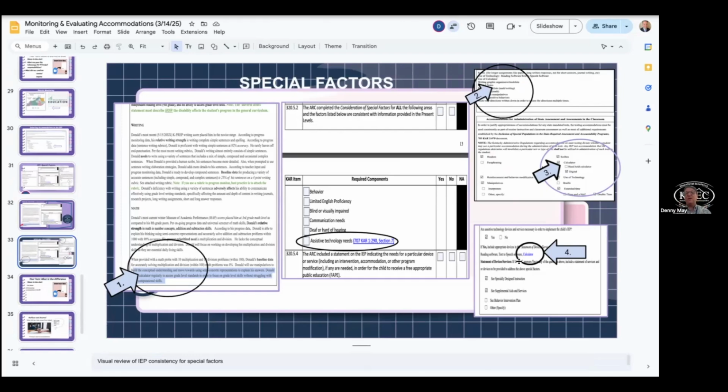And it's kind of prompted by, we look at the IEP kind of backwards. Did you choose the state allowed accommodation? And then do you have the verified information? And then did you include it in special factors? And did you document it appropriately? And then did you put it in supplementary aids and services? Now, sometimes people get specially designed instruction and SAS mixed up. And so I think it's very important for us to understand that supplementary aids and services are what the student needs to make progress. What the student needs. Specially designed instruction is what the teacher does different in adapting content, methodology, and delivery of instruction.